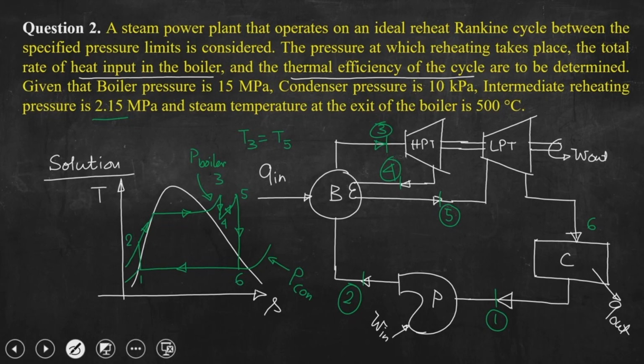Now, let us move to see the calculation steps. You can understand easily, we have from our previous discussion as well as the problem we solved in the last class. Point 1 is on the saturated liquid line, and this is 10 kilopascal, that is what is given. So, this is 10 kilopascal and this is 15 megapascal. So, if we go to the next slide,